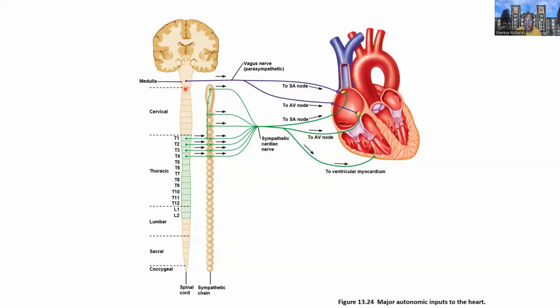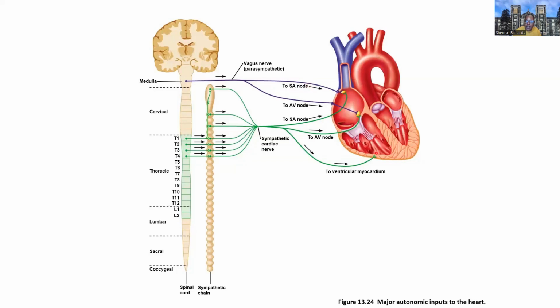And this is specifically the vagus nerve, and that will give parasympathetic contribution to the heart. So the sympathetic will govern the SA nodal cells, AV nodal cells, and the contractile cells of the ventricular myocardium. However, the parasympathetic system will only influence the SA nodal cells and the AV nodal cells, right? There is no influence on the contractile cells that comes from the parasympathetic system. So the parasympathetic system only controls the rate and rhythm, whereas the sympathetic system controls the rate and rhythm and